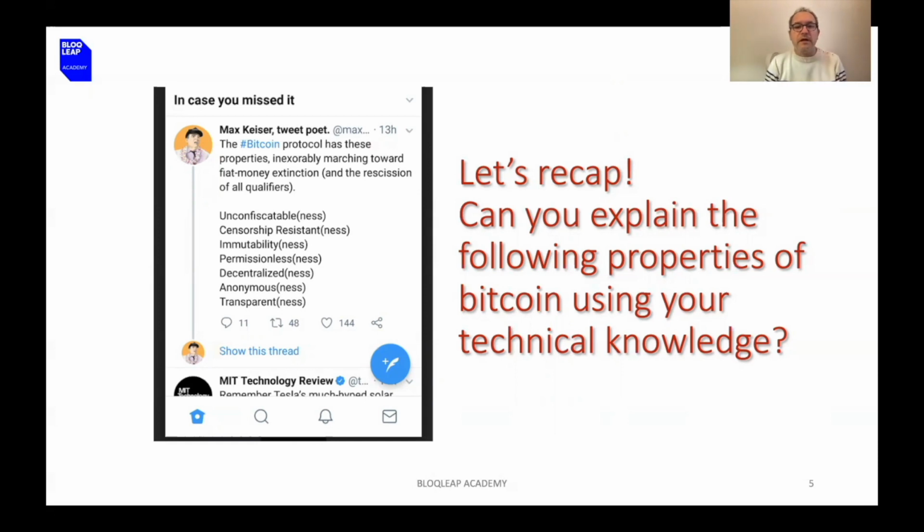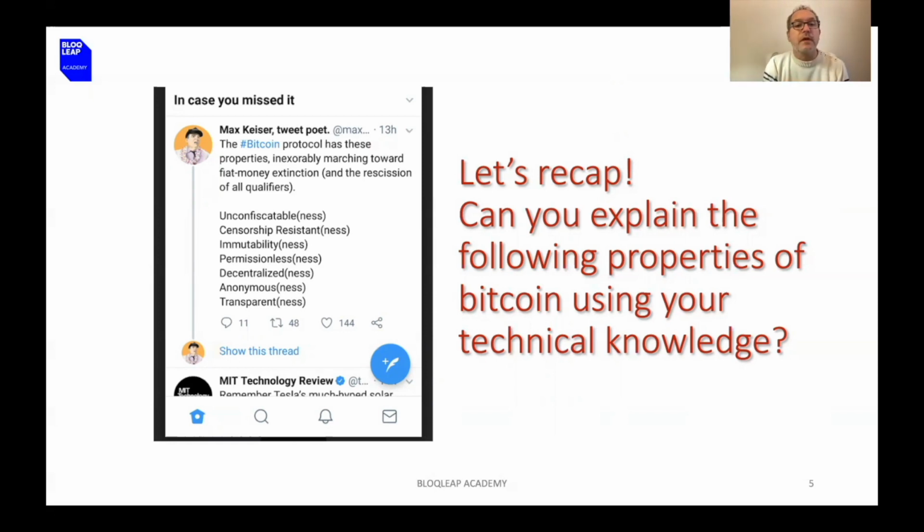But for the time being, let's go quickly through it. And anyway, if you want to go online and check what is unconfiscatable Bitcoin, you will have a lot of written stuff on it, and you will be able to understand all the jargon because you learned it during